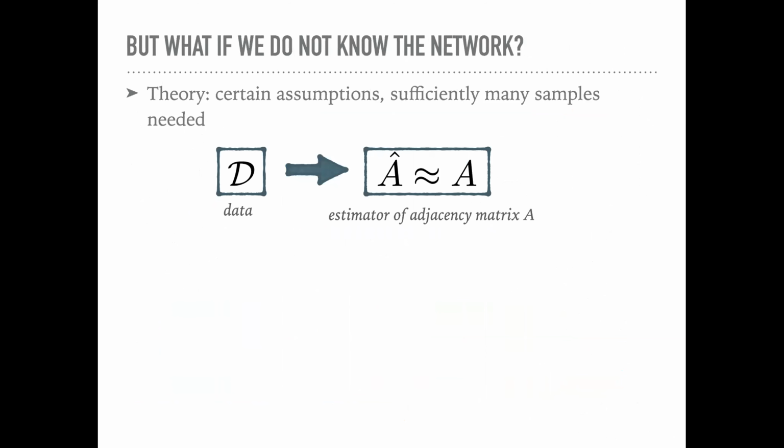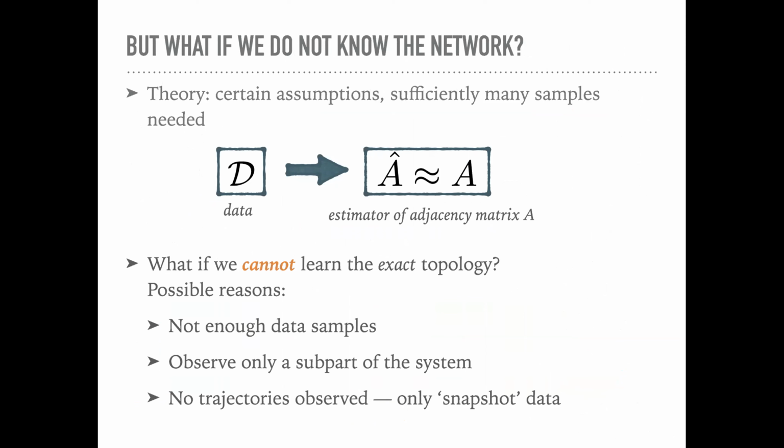What I want to talk about now is, well, what if we do not know the network? And what if we cannot get the network? In theory, these methods of inference work under certain assumptions. One of the big assumptions is typically that you have sufficiently many samples. If you have enough data, you can get a good estimator of the adjacency matrix. But what if we cannot learn the exact topology, meaning the exact A matrix, for example, because we don't have enough data, or, which is almost always true, if we only observe a subpart of the system, or if we don't get trajectory data of all the nodes, but we only get snapshots in